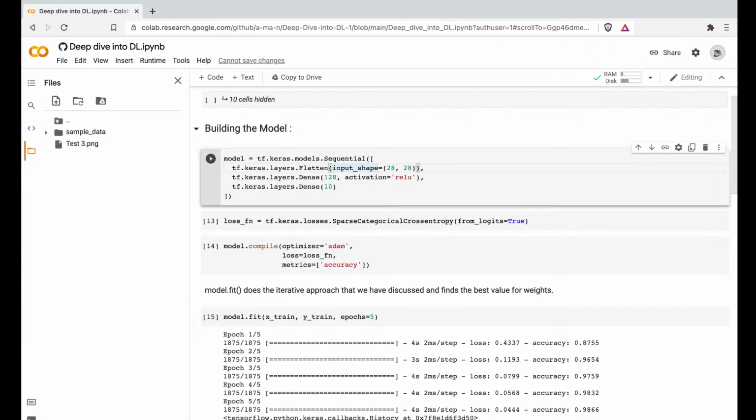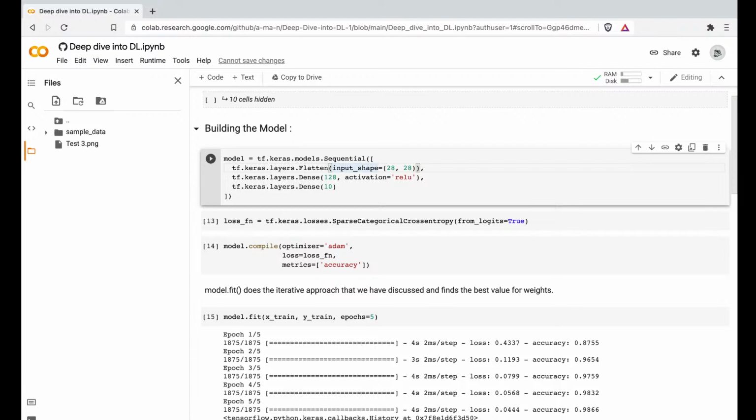You will always be getting an x value, giving an x value into the model, whatever be the data. It could be an image, it could be a number, it could be a time series, it could be anything, and you will get an output as a y. So here what we are basically trying to do is